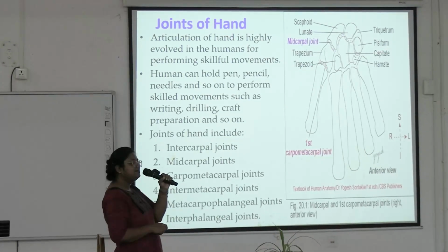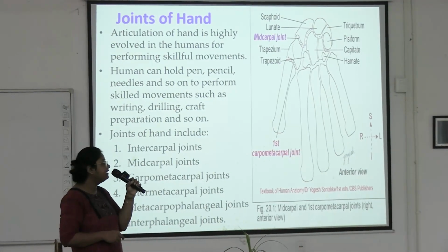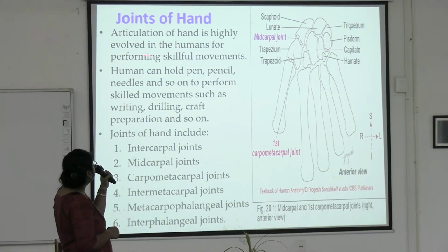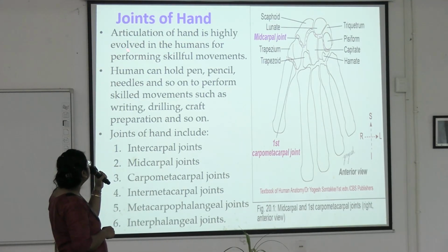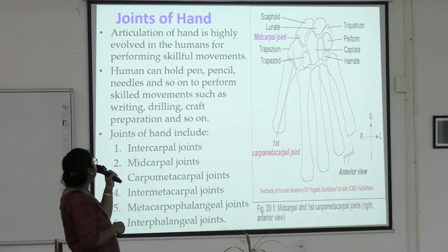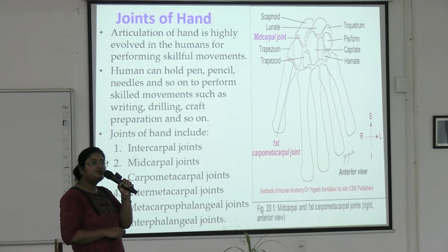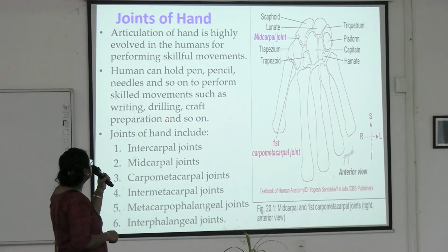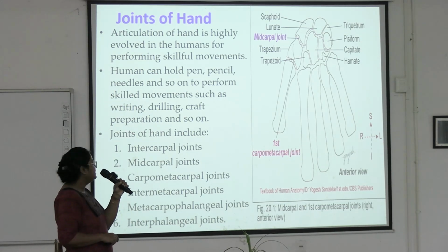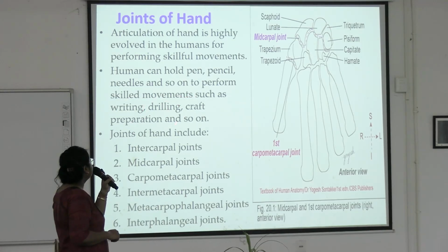There are multiple joints in our hand. The articulation of the hand is highly evolved in humans for performing skillful movements. Humans can hold a pen, pencil, needles and so on to perform skilled movements such as writing, drilling, craft preparation